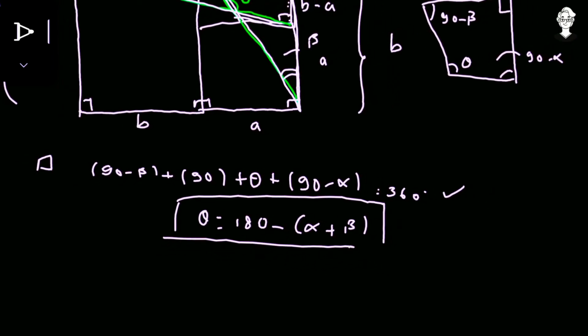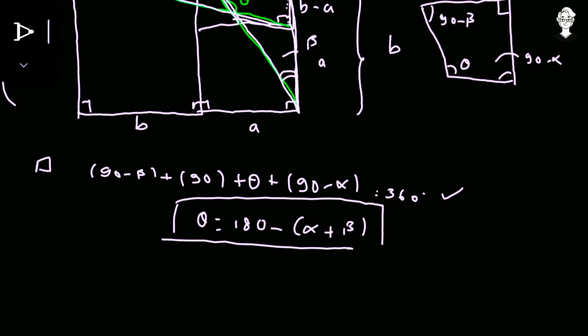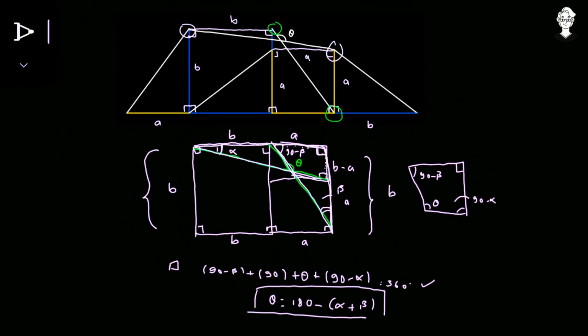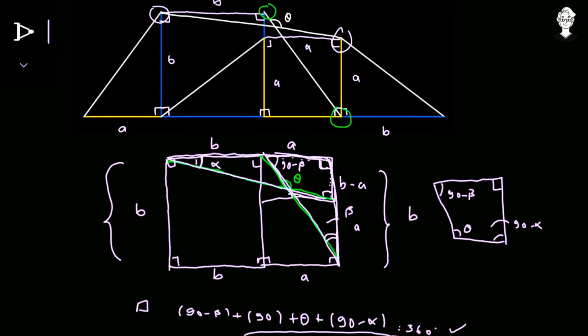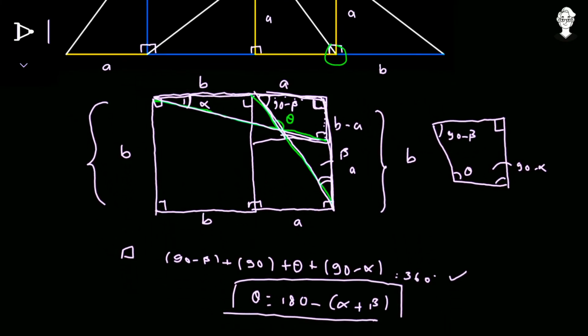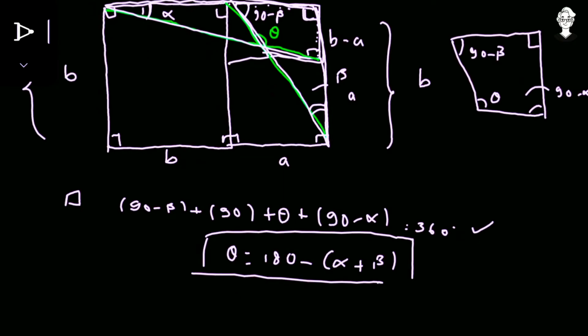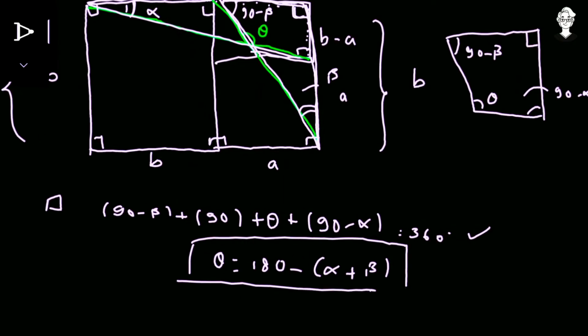So in order to find theta, we have to just have the value of alpha plus beta, or alpha and beta separately and add them together. It's better to have the value of alpha plus beta, because we can have a perfect value for alpha and beta only when the sides are defined, and these triangle sides being defined is just a special case. Sides can vary. So there must be a perfect value for alpha plus beta. Rather than a perfect value for alpha and beta, we must be having a value for alpha plus beta. And we can easily find that also.